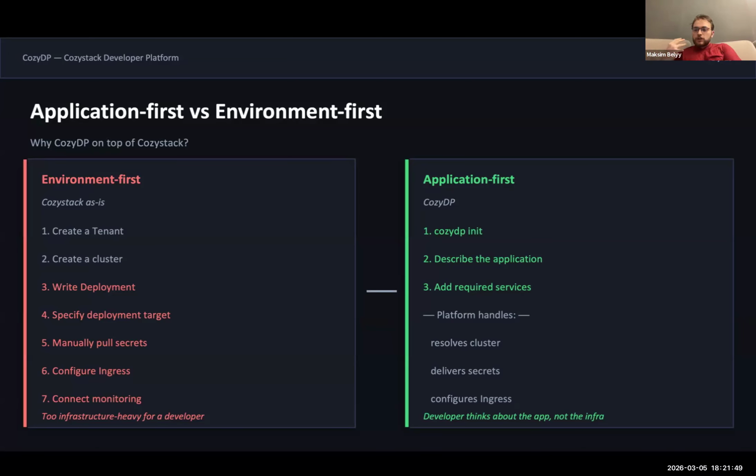In the application-first approach, developers describe the application and what services they want. For example, the application depends on Postgres and RabbitMQ, and the platform provides and deploys the workloads.